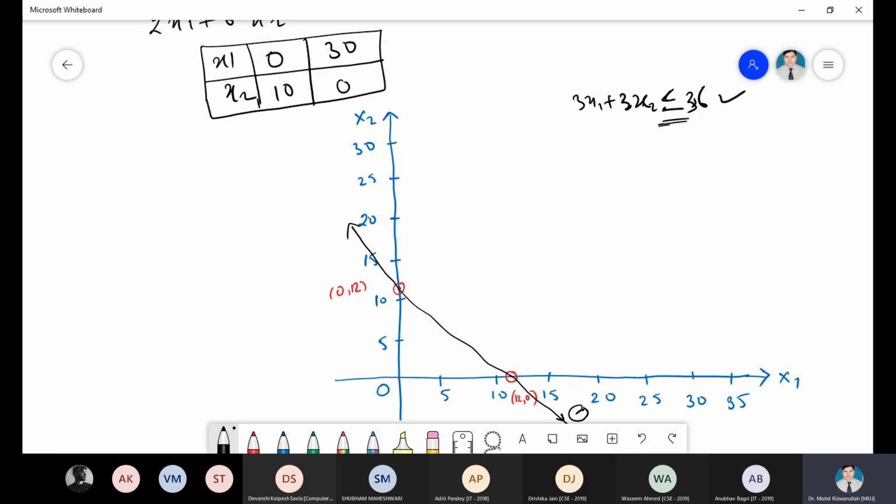If it is a less than sign, then of course you can shade it like this. Fine, you can shade it like this. So just I'm using here, because it is a less than sign, we should shade below this line. Your shaded region is because 2 more lines are required. That means presently your feasible region is from this and this. This is the triangular shape and this is your feasible region, right?